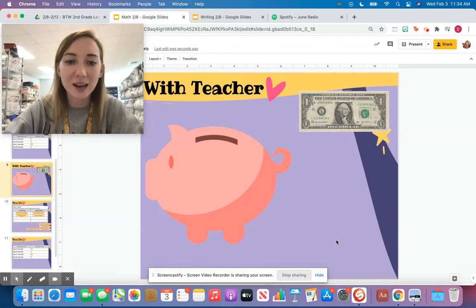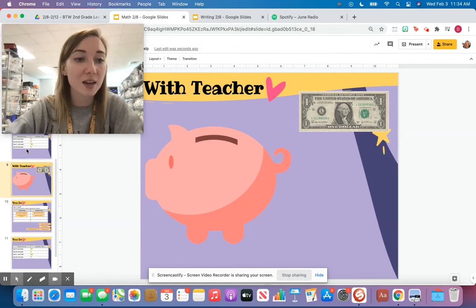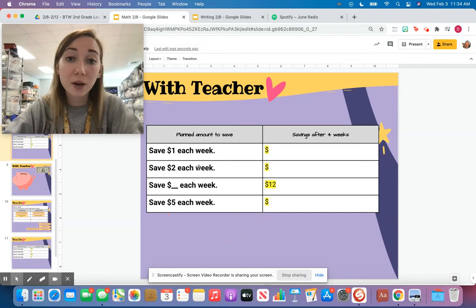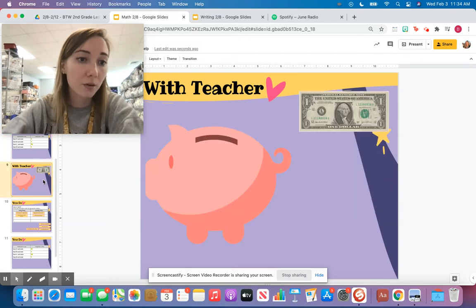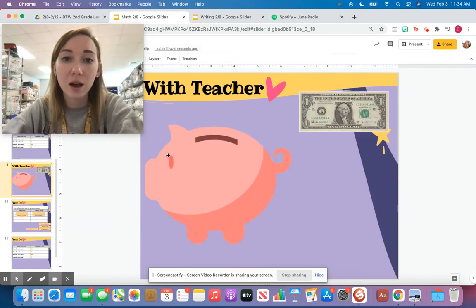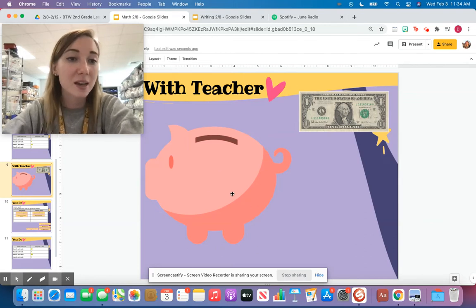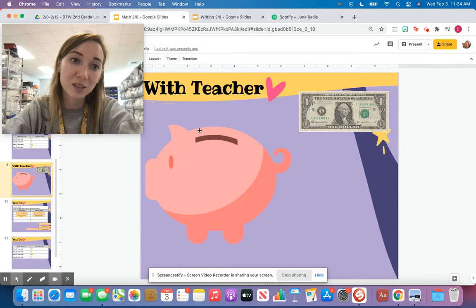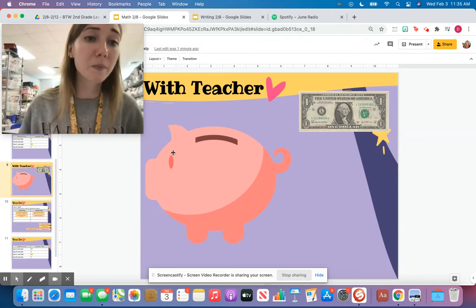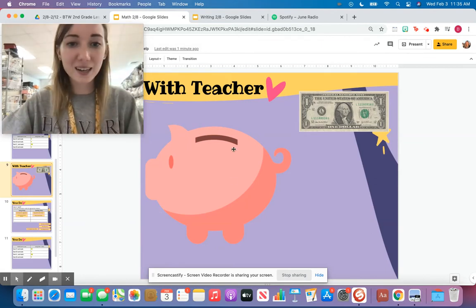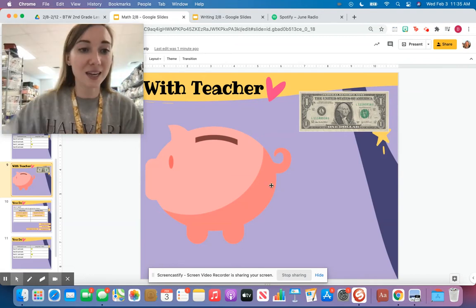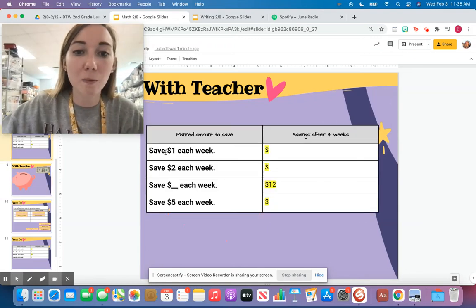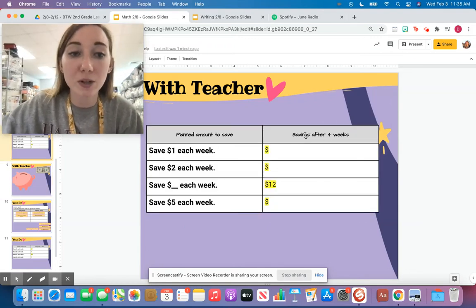All right, guys, I decided to actually put this on a slide for you to see. So we're going to be talking about putting money in the bank because we're talking specifically about saving money. So we have a piggy bank right here because that's what most of us use to keep our money in whenever we're kiddos. Grown-ups, you can imagine this more just like when you're a grown-up, you're more likely to just use a bank. It's less fun. And I didn't want to put a picture of a bank, so I just put a piggy bank. All right, so we are going to be saving some money. How much money are we saving? We're saving $1 each week, and we want to figure out how much we would have in our savings account